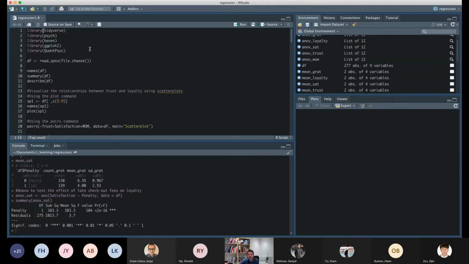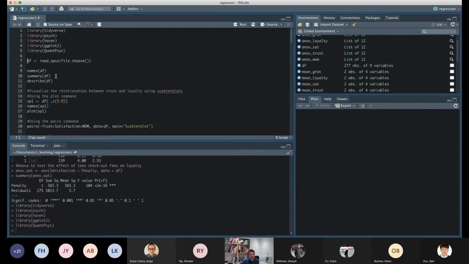As I explained in the class, when you do a regression, you can have a look at unstandardized regression coefficients. So that's in the original measurement unit. But sometimes, in particular, when you have independent variables on different measurement units, it makes sense to look at the standardized coefficients, and quantpsych makes it very easy for us to calculate those standardized coefficients. Okay,